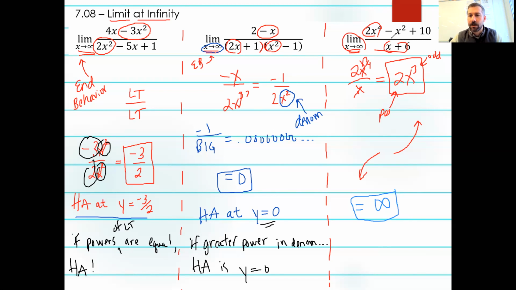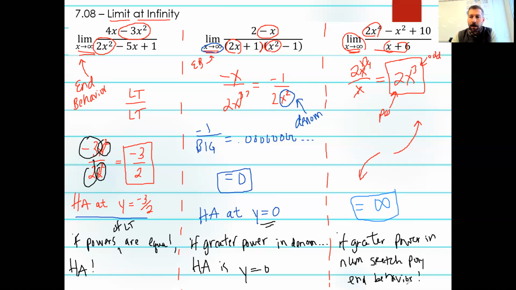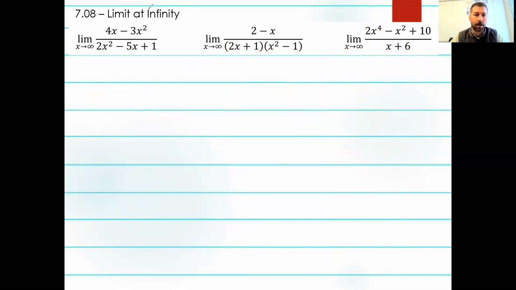All right, and then this last one, we can see that we actually had a greater power on top. So if greater power in numerator, what did that mean? We had to sketch our end behavior. I reduced it, and then we sketched our polynomial end behavior. And that's going to tell me where our function is going. Okay, and I can get this from our old notes. So that's limits at infinity, which really is just a whole lesson on end behavior of functions and annotating leading terms. All right, I'm going to clear this, and I'm going to talk about our other type of limit today,